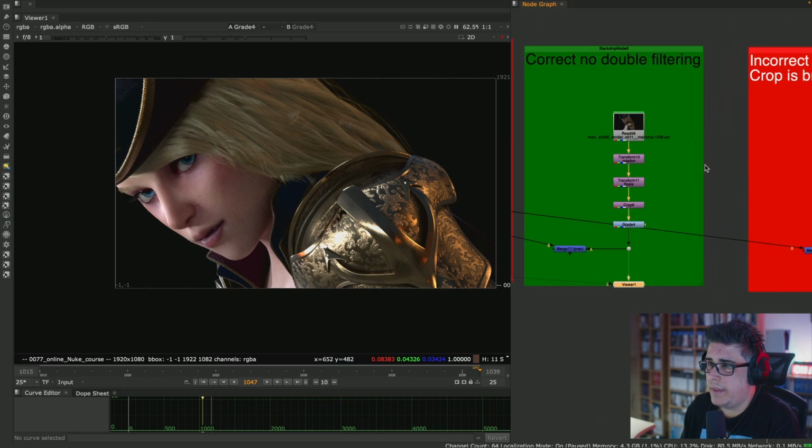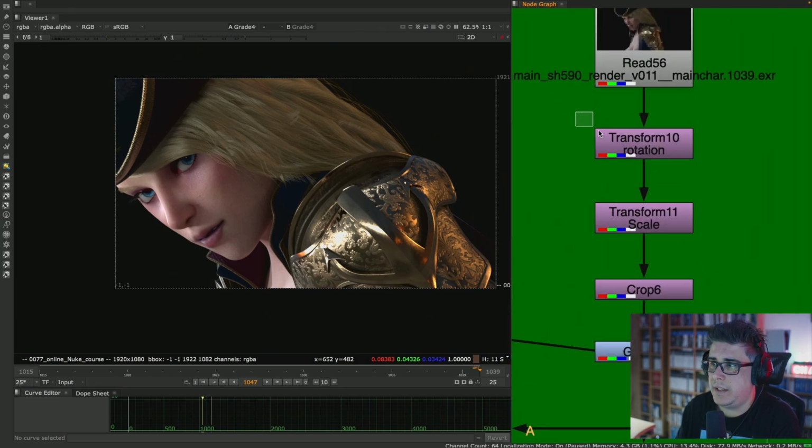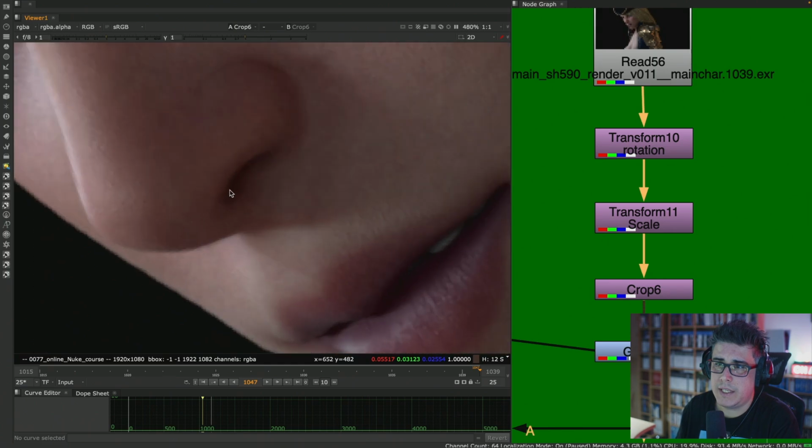The problem with this would be concatenation, which is something in Nuke that you need to be aware of, and it has to do with these kinds of nodes that have the same color. So when I look at this image here and I zoom in so much,